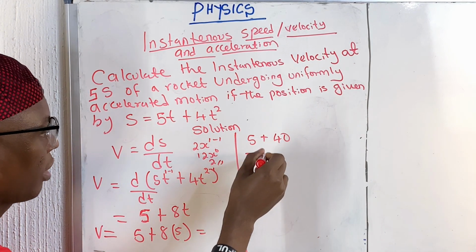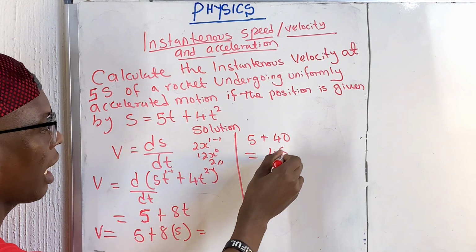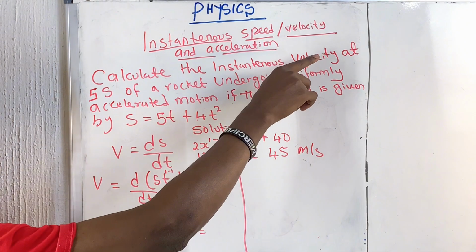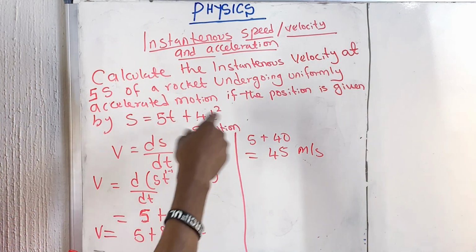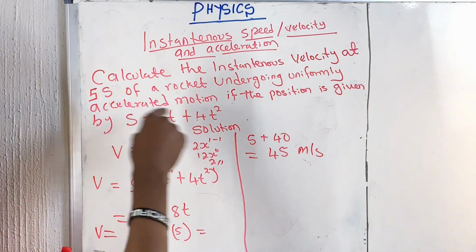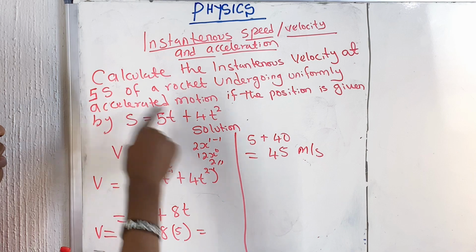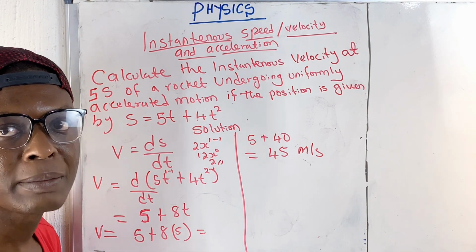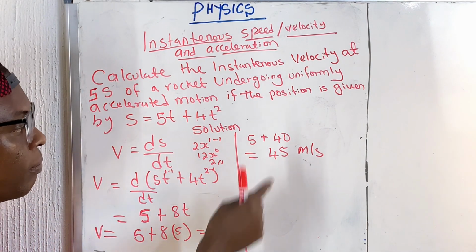So this will be 45 m/s. So for this rocket that is undergoing uniform acceleration, at 5 seconds, it has already covered 45 meters per second. So it's moving with this